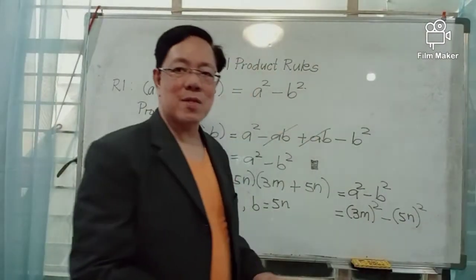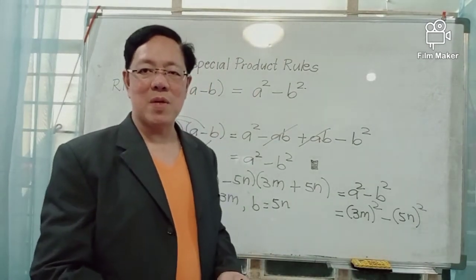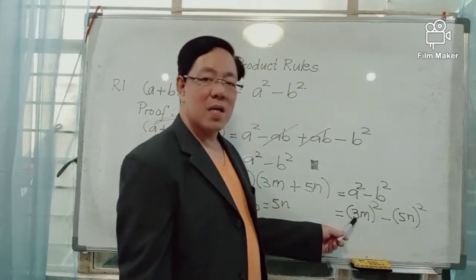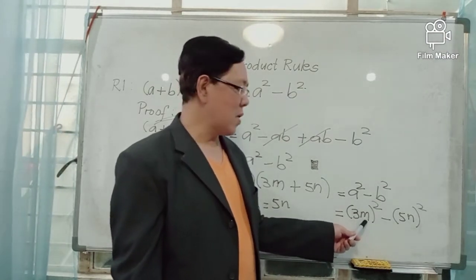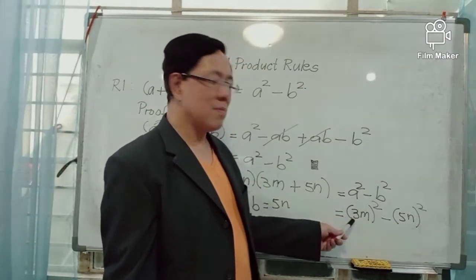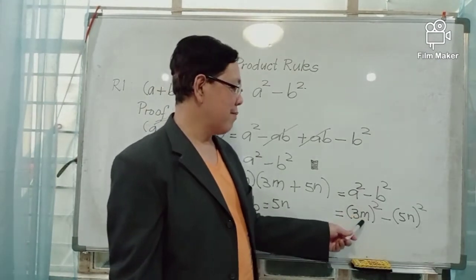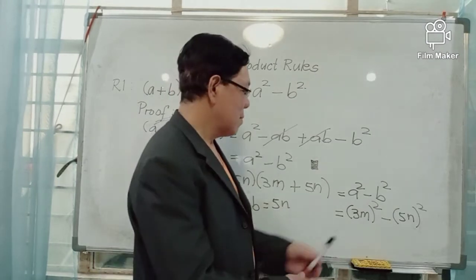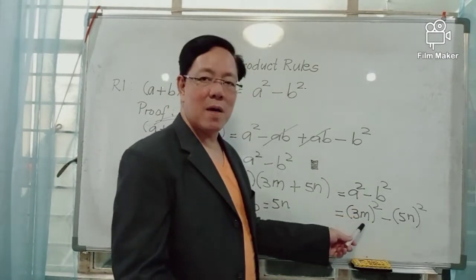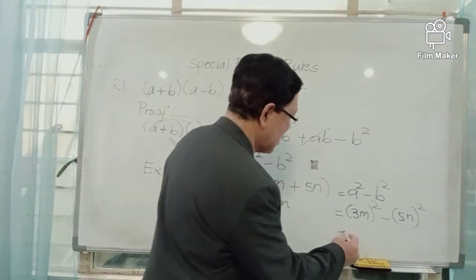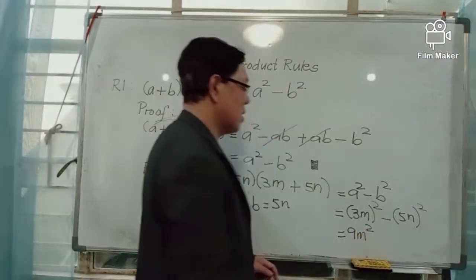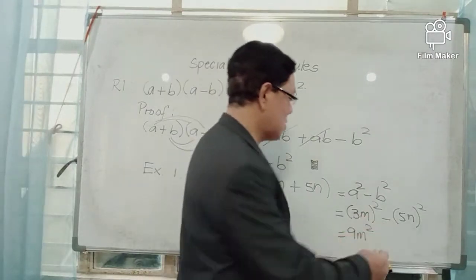And we take the square of each term by applying properties of exponents. The square of a product 3m by property of exponent equals the square of 3 multiplied by the square of m. The square of 3 is 9 multiplied by the square of m. And we get 9m squared minus